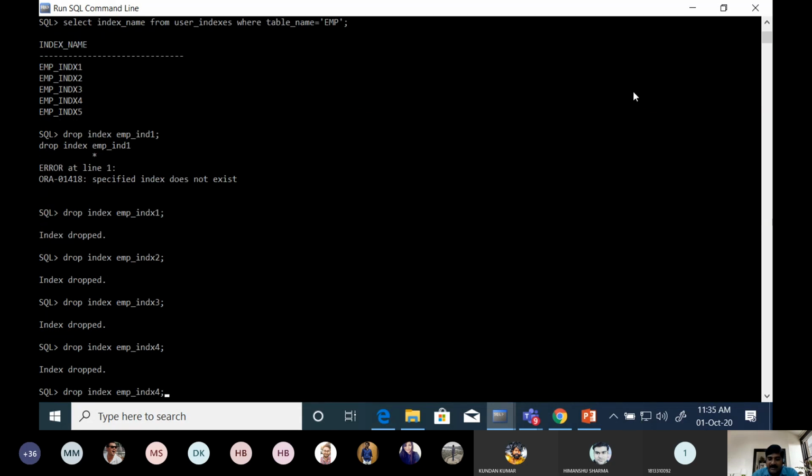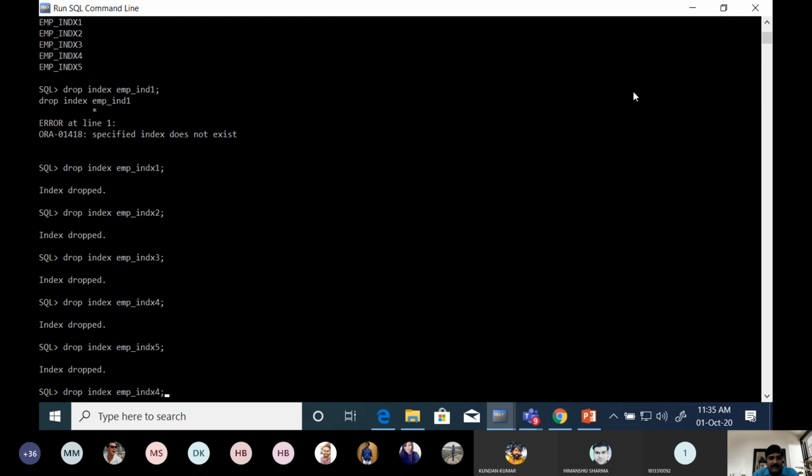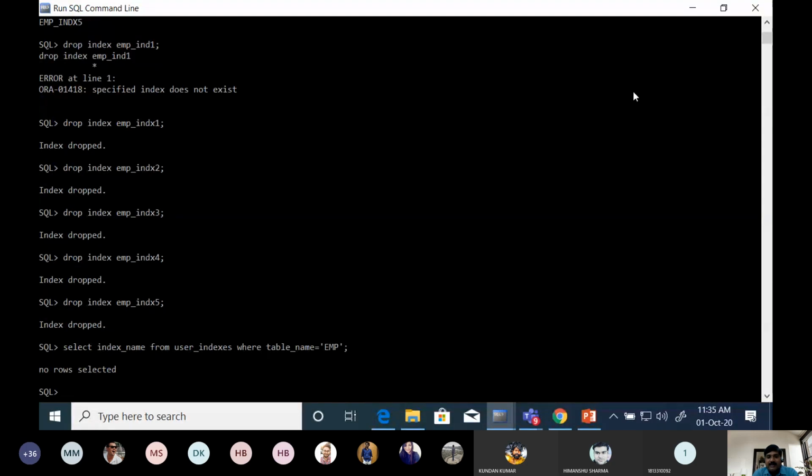Because an index takes extra memory. If there is no use, then you can drop the index. Now if you see the indexes through the user_indexes data dictionary, then no rows selected. Did you get it? Yes, sir.